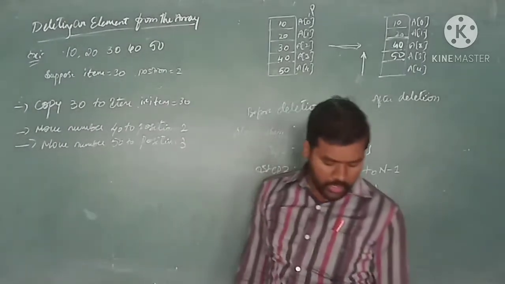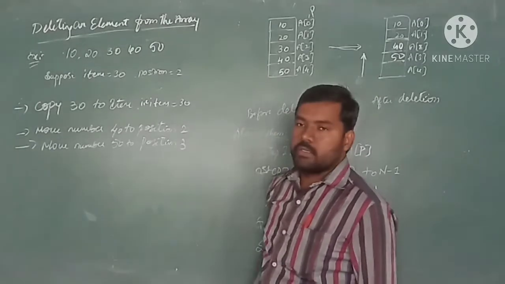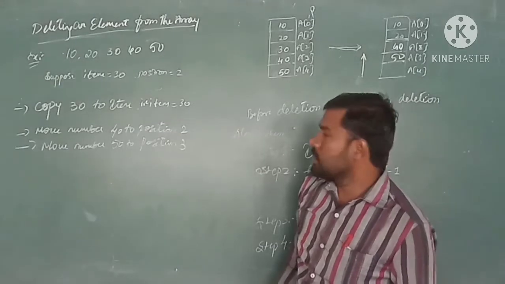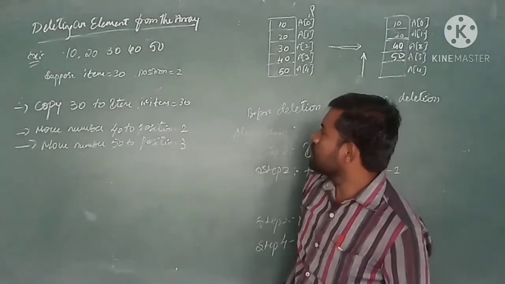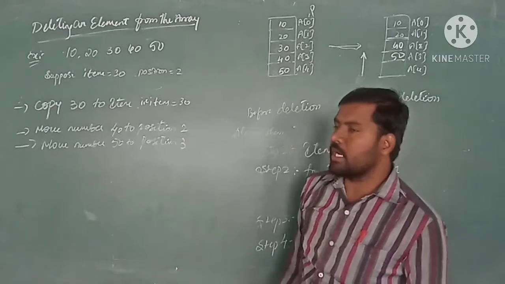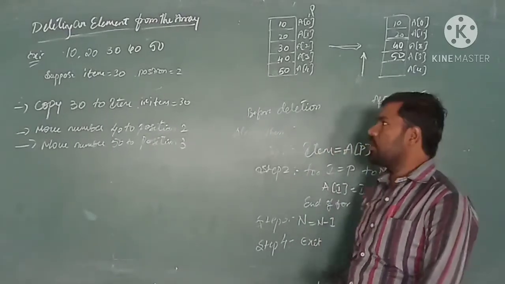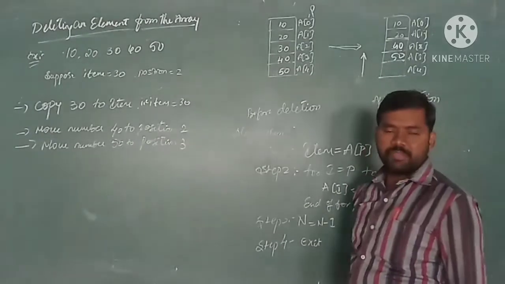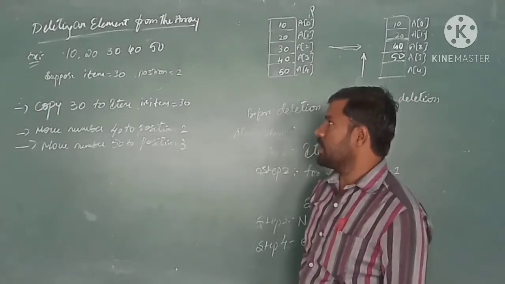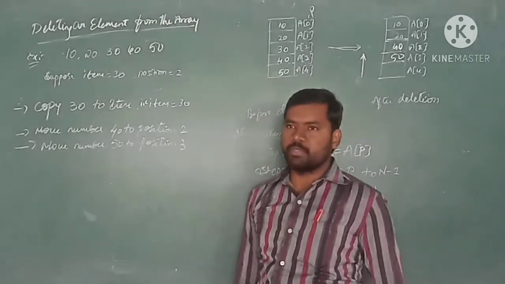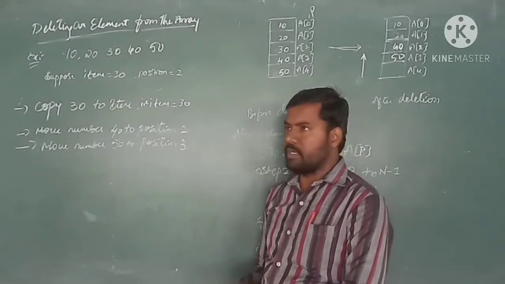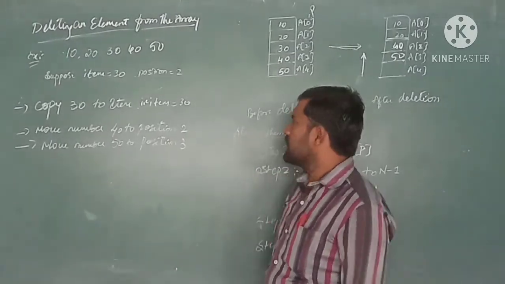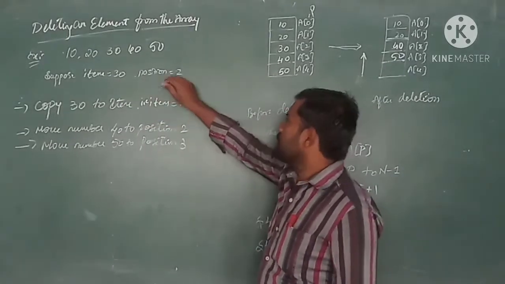It means that the elements already exist in the array. If we want to remove a particular element from the array, of course you can delete it. So we are deleting an element from the array. We are going to see how exactly we remove the element from the array. As we did previously in inserting an element, item is equal to 30 at position 2, we inserted the element 30. Now let us start: that same element should be removed, that is 30, item is equal to 30, position is equal to 2.